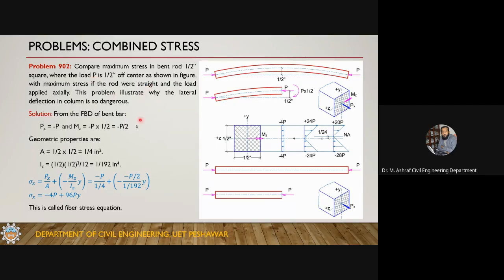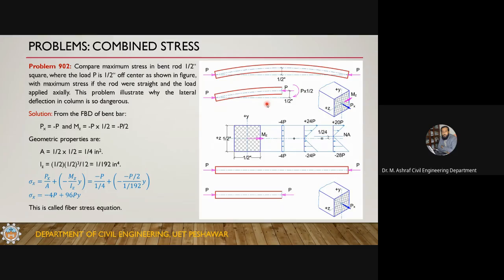So you'll have to concentrate on this one, and other steps you can do directly. There is no need to write much explanation for this one. The sum of the horizontal force should be equal to 0. So there is a force here, so there must be a force applied at the centroid of this cross section. So this bar is balanced